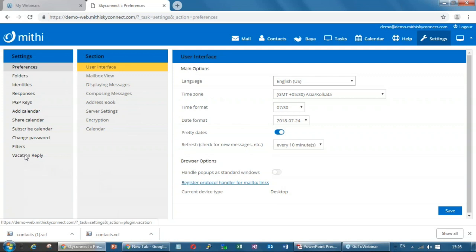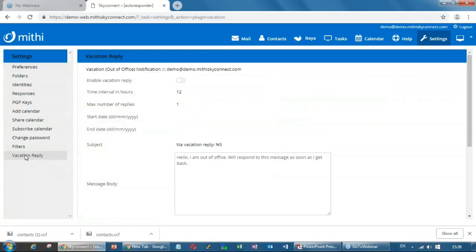Okay, you can set your vacation replies from here. So that is about the settings page.